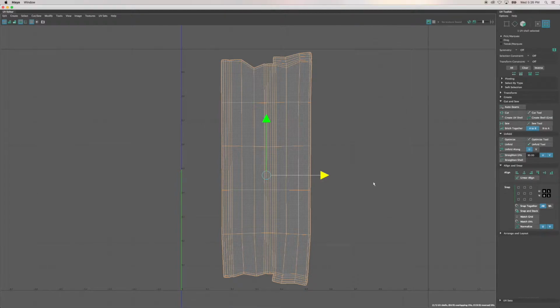Select more than one object and then decide which direction you want to snap these to. So I'm going to right click and go to UVs, and I'm going to start selecting down through this line. I'm starting on the left, and I'm going to move to the right, so I'm going to use my snap to the left,